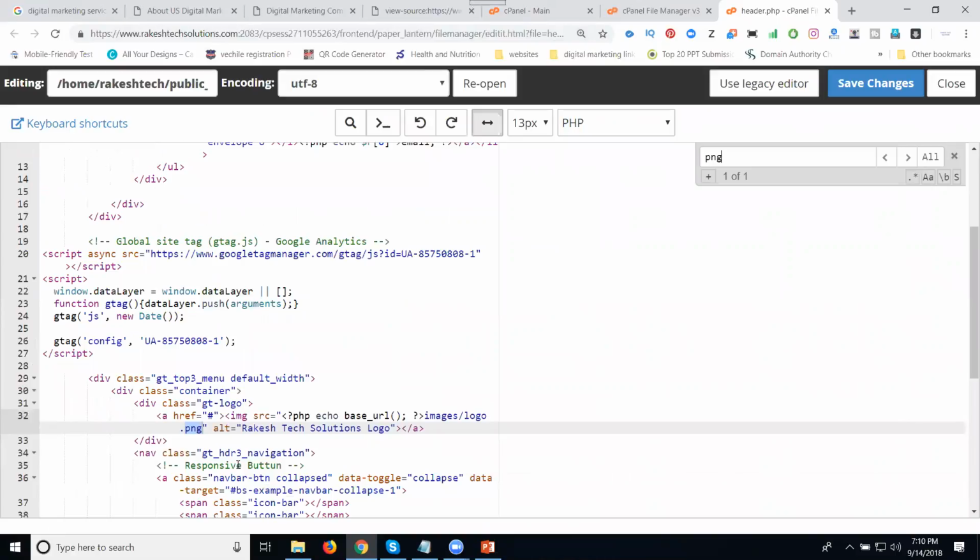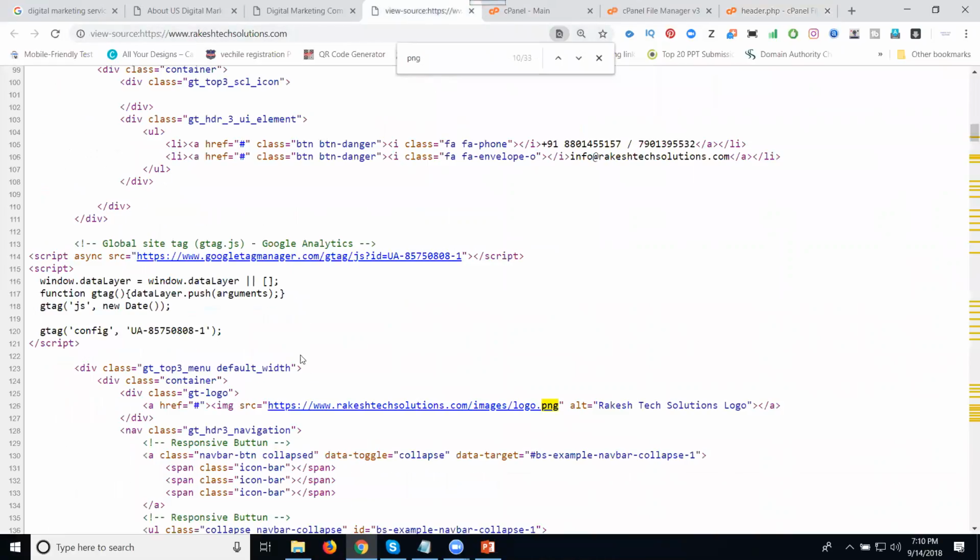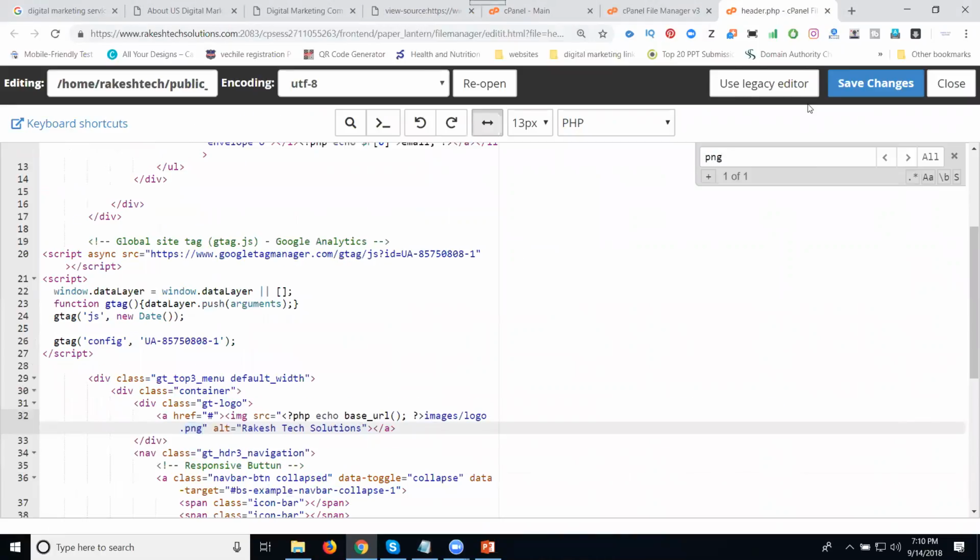Here, what will be there? Rakitech Solutions logo. I'm selecting to remove the logo name. Before clicking save changes, check it. What did you mention for this? Logo will be there. Yes or no? Now you can see. Click save changes.